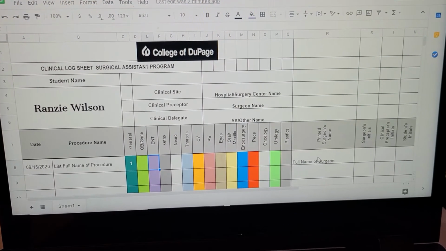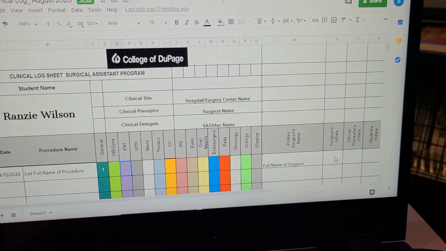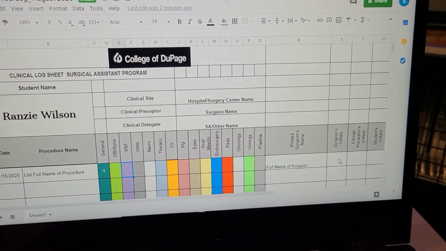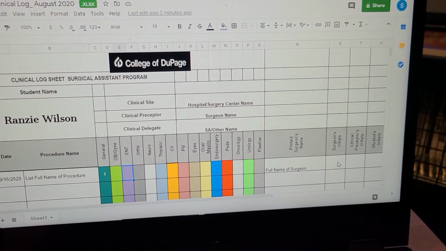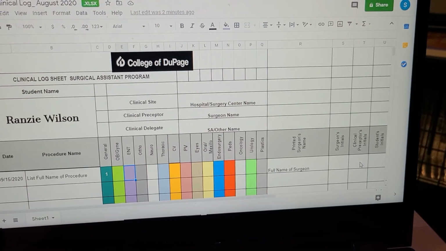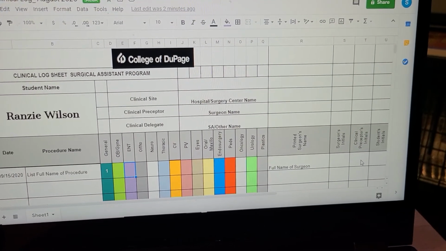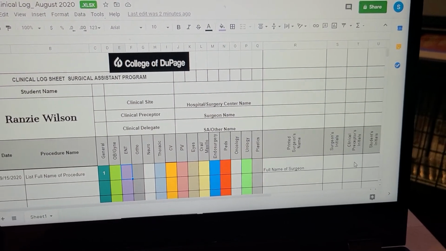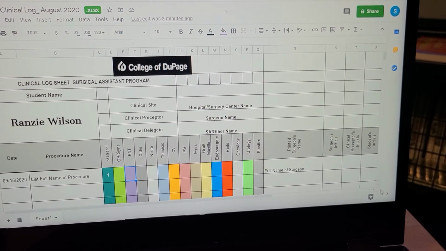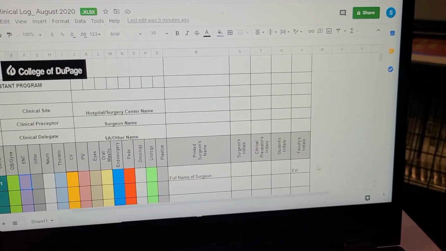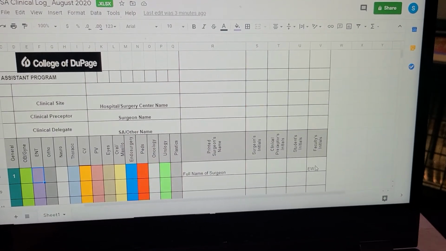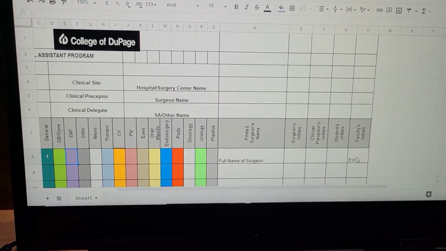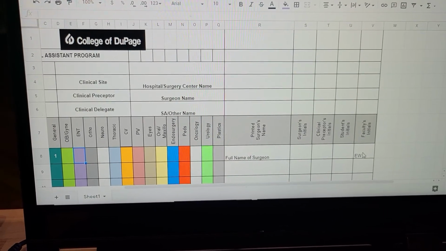Printed surgeon's name you would put here. For this year, they are accepting an electronic signature from the surgeon, as well as your clinical preceptor. The clinical preceptor, again, could be another essay, could be the RN in the room, could be the charge nurse, the educator, or the manager, and your student initials. If you scroll more, you'll see that I can also put my initials here. I wouldn't really necessarily worry about my initials because that's something that I will initial at the very end when